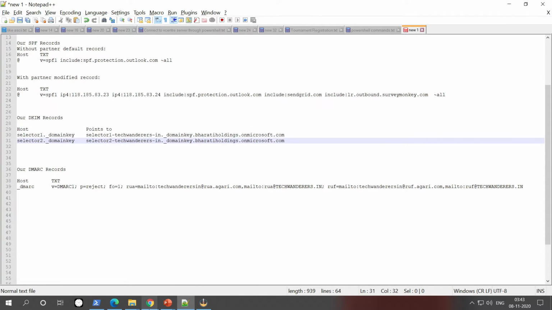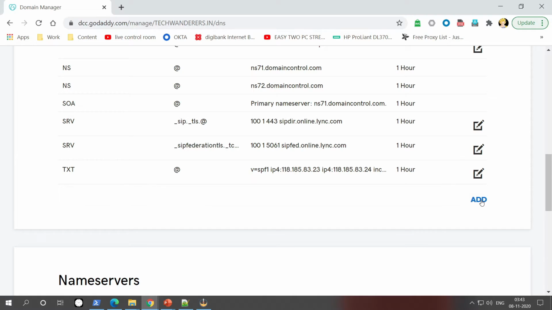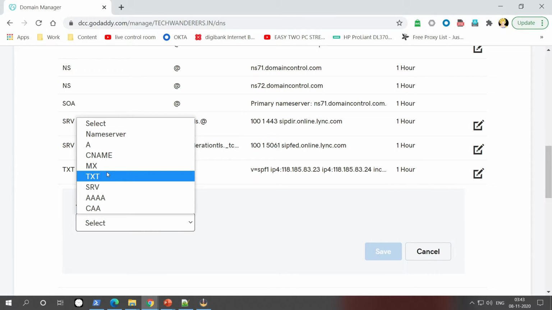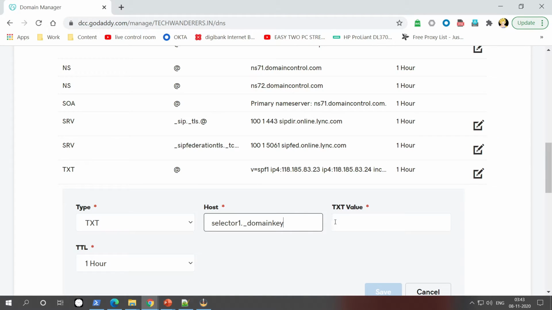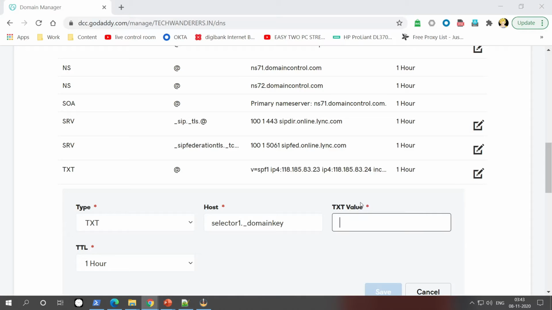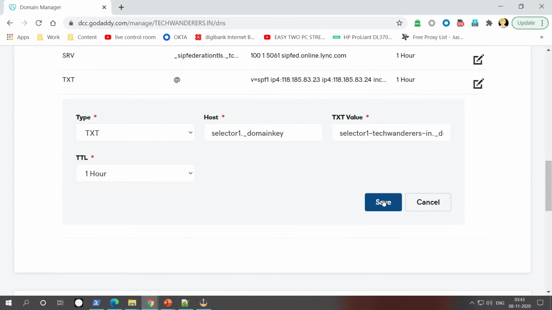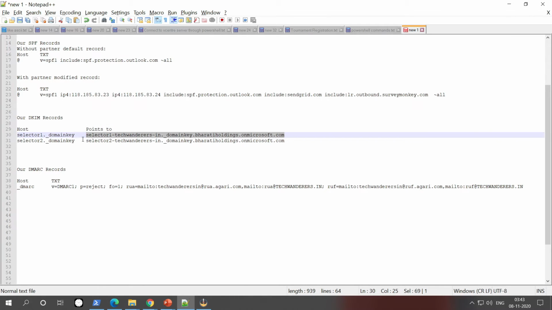So let's go to our DNS management page once again. Click on add, select the text record, host, it should be selector1 dot underscore domain key and your URL or your pointer, this one. Click save.